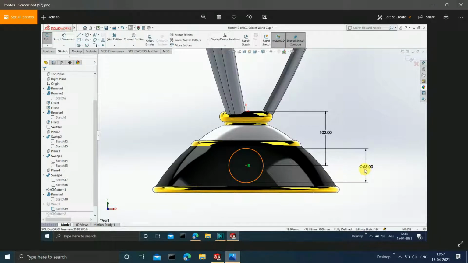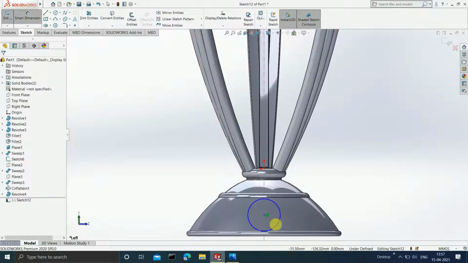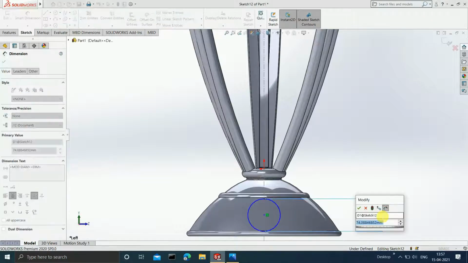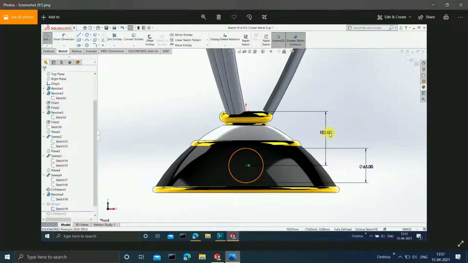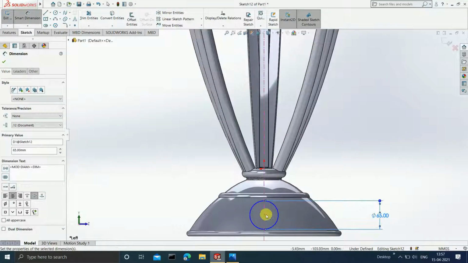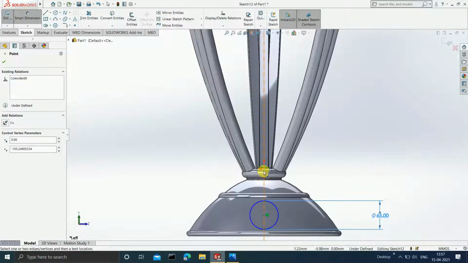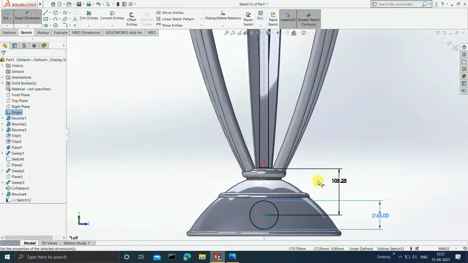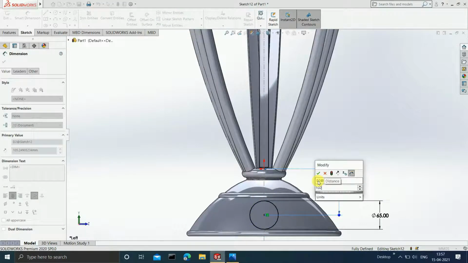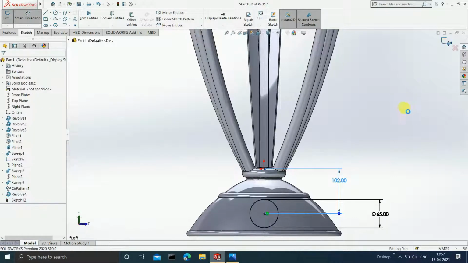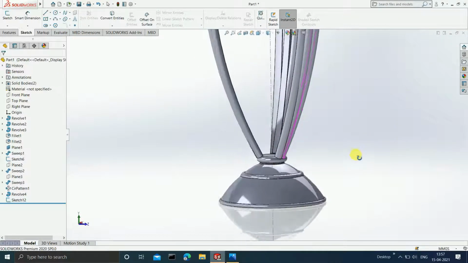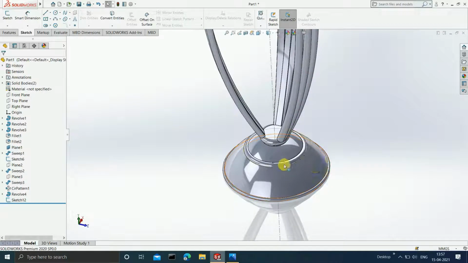Okay, now see the dimensions of it. The diameter has to be 65 and okay, first we will give the diameter first. Okay, and the center is at a distance of 102 from the origin. So 102 from the origin. Done. Now once this is done, now you can end your sketch. See, now your sketch is at on the right plane and it is at the center, but you want it on this particular face, right?